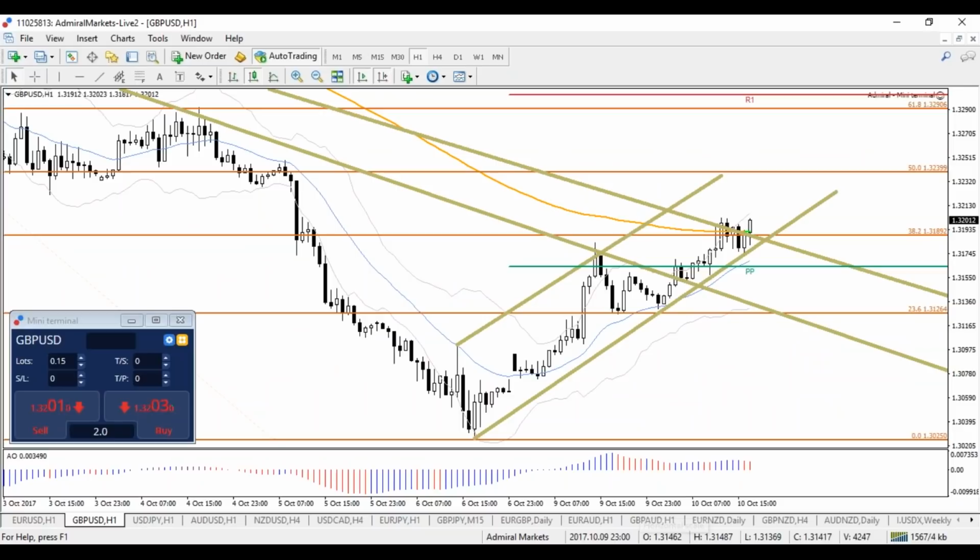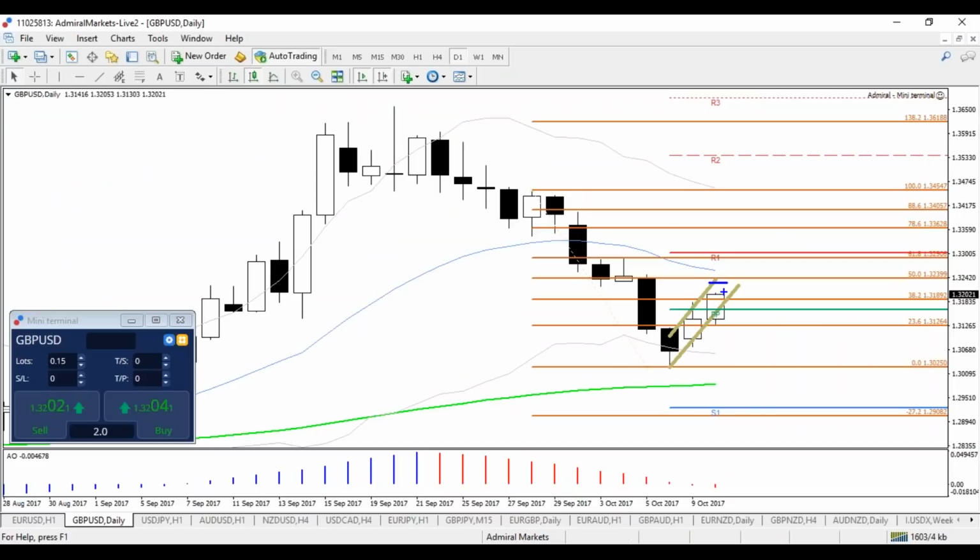Alrighty, so let's see, anything else regarding this pound dollar? Also, could be good to take a look at today's candle. I mean, if today's candle does end up bullish, very bullish, right? That would also make me a bit more cautious about the downside, because if it ends up with a close near the 50 fib, and it closes right at the high, and the high is at the 50 fib or